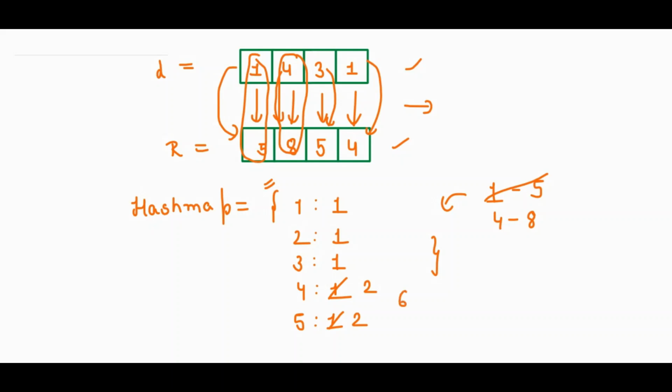So then we will have 6. It is a new element, so its frequency will be 1. We will insert it. Same with 7, frequency 1, and same with 8, frequency 1. Okay. Now we will see the range 3 to 5. We already have 3 in the hash map. So we will remove 1 and we will put 2 here. Then 4. We already have 4, so it will become 3. The frequency of 4 becomes 3. We already have 5. The frequency of 5 becomes 3.